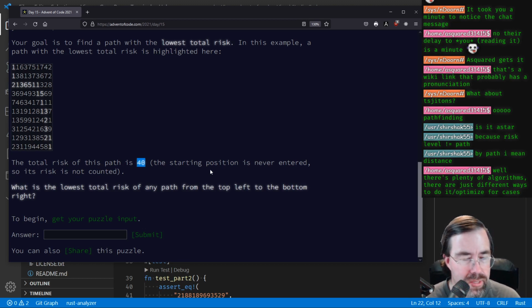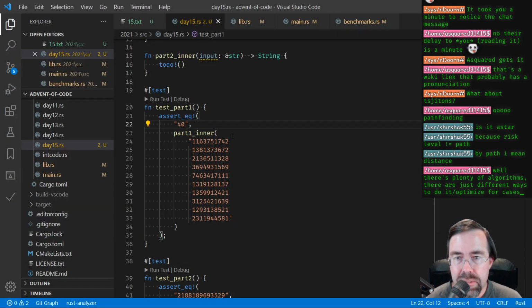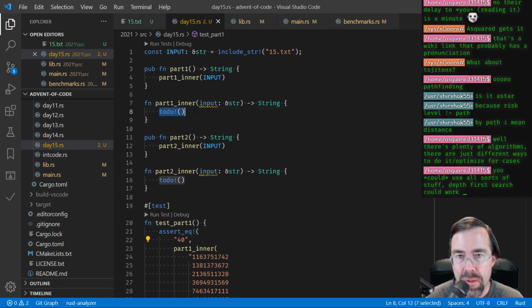Yeah, A-star would be like the fastest. All right, let's work on getting the input in first. So I guess I'll just do a straight-on two-dimensional array. So let